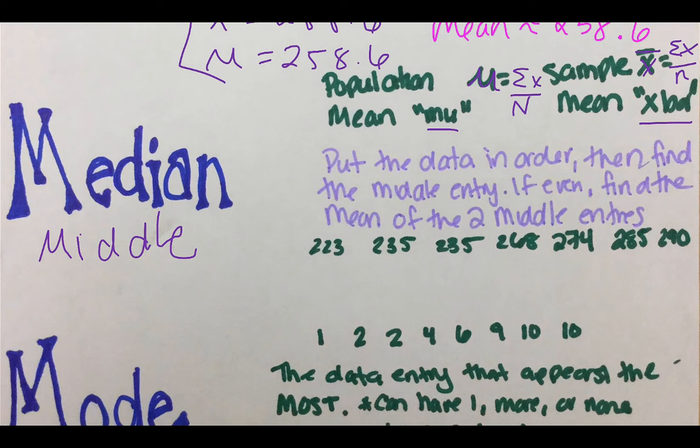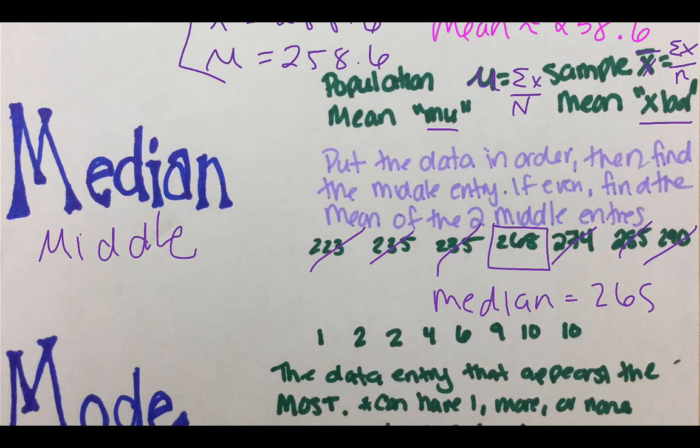So median is middle. This is when you put the data in order. You can see I took that same data set and I just wrote it in order this time. And then you want to find the middle entry. So sometimes when I look, I say, okay, I'm going to cross 2 off from the left, 2 off from the right, 1 left, 1 right, and I get 268 right in the middle. So my